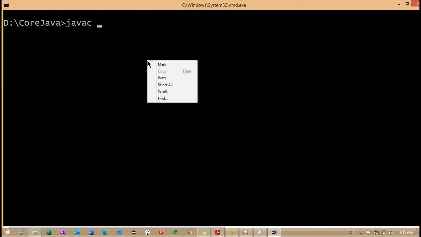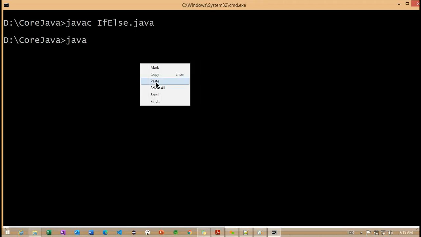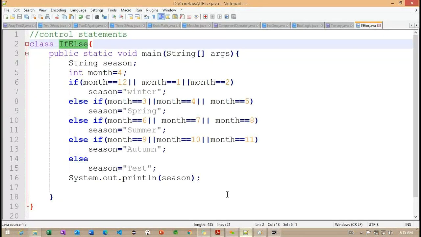Going forward, we'll compile the code, IfElse.java. It compiled successfully. Now I'm executing this current example. Now you can see the value we are getting as a string. Getting the point? This is very important. We need to understand how we can define multiple conditional blocks here.